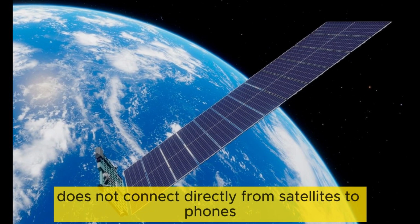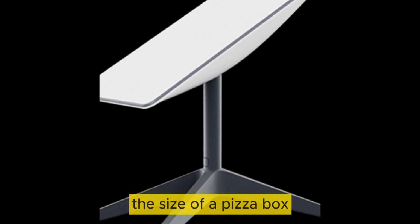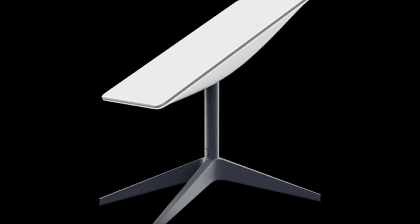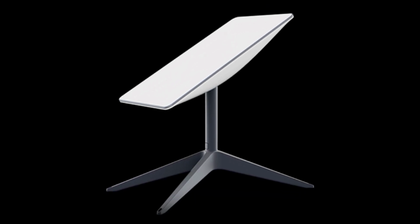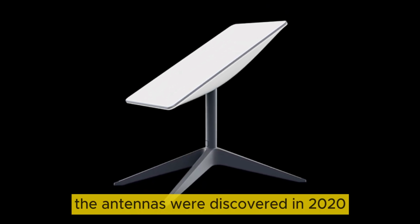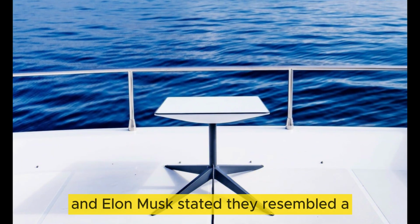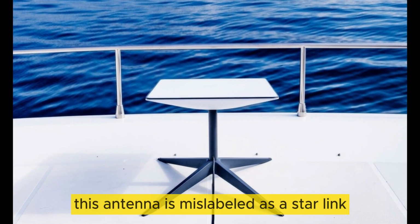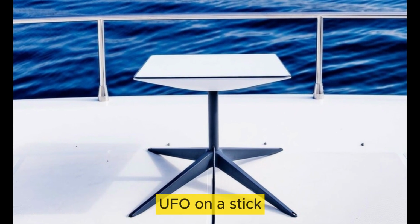The technology does not connect directly from satellites to phones. Instead, it employs flat user devices the size of a pizza box that use phased array antennas to track the satellites. The terminals must be positioned somewhere visible from the sky. The first images of the antennas were discovered in 2020, and Elon Musk stated they resembled a UFO on a stick. This antenna is mislabeled as a Starlink, but is more commonly known as a UFO on a stick, or